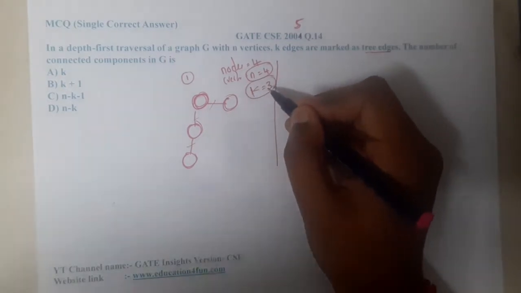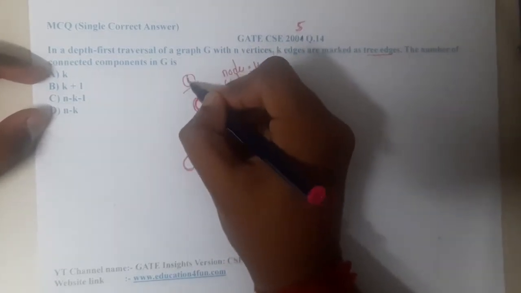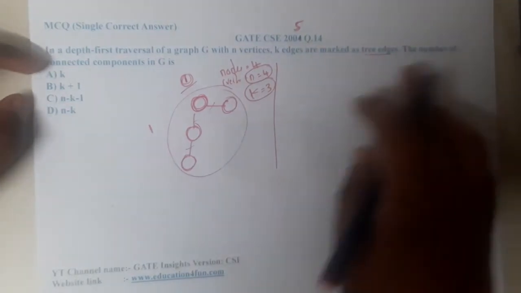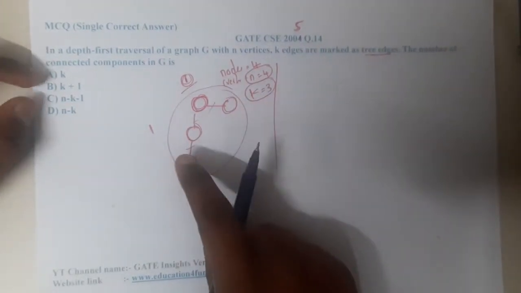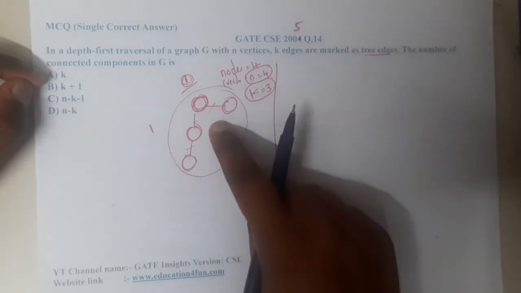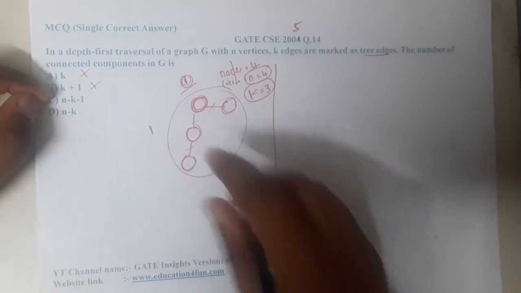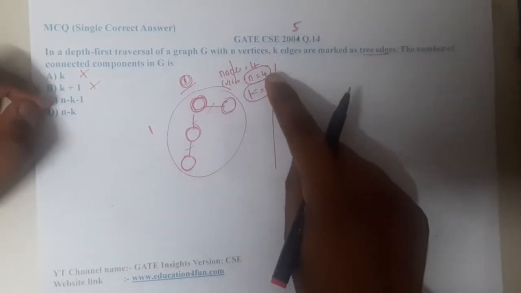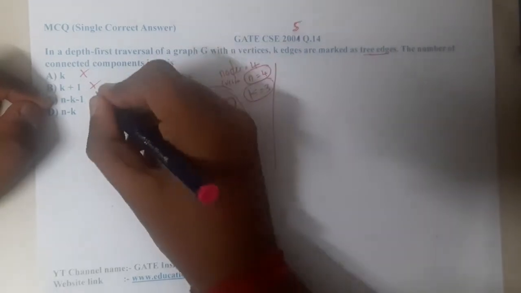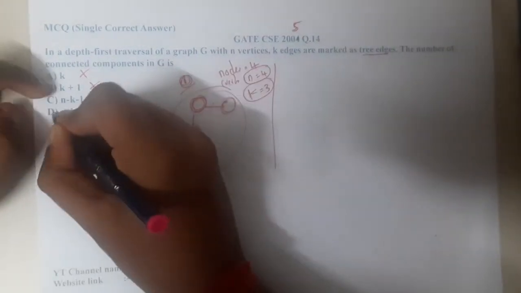So now which formula says that the answer is 1, one component? So this is only a single component, so there are no parts in it, right? Yes. So hence the answer should be 1. So what about this k? 3. So 3, are there 3 components? No. Are there 3 plus 1, 4 components? No. Are there n minus k plus 1? So 4 minus 3 plus 1, which is 2? No. Are there 0 components? No. 4 minus 3 means 1. So there is one component? Yes. So D will be the answer.